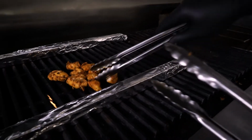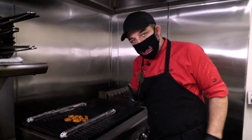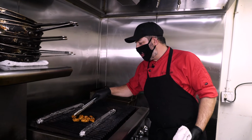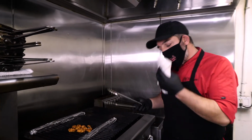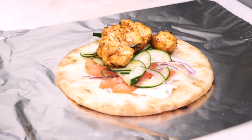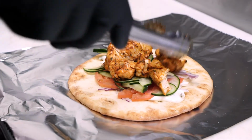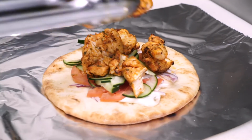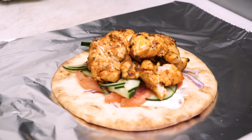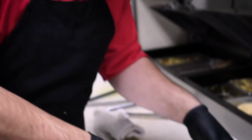You still have some juice, and you don't want to overcook it. You just want to make sure that it's all the way through, but you don't want to dry it out. Because if you dry it out, all the flavors are gone, the juice is gone. You want to experience that, the flavor, the juice, the marination, all these things in your mouth. And make sure you treat yourself. Don't be cheap. Treat yourself. Make sure you have a decent amount of chicken. You don't want to only taste the vegetables or the aioli. You want to taste the combined, the meat, the cucumber, the tomato, the onion, the aioli, and the pita bread,